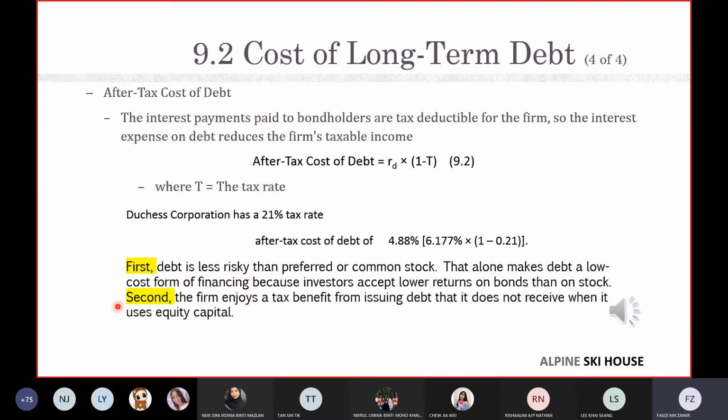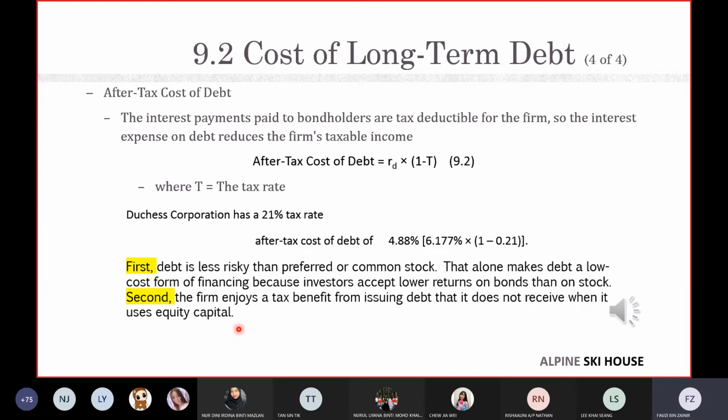That alone makes debt a low-cost form of financing because investors accept lower returns on bonds than on stock. Secondly, the firm enjoys a tax benefit from issuing debt that it does not receive when it uses equity capital. So basically here companies,